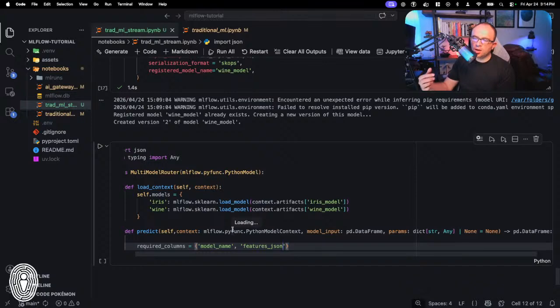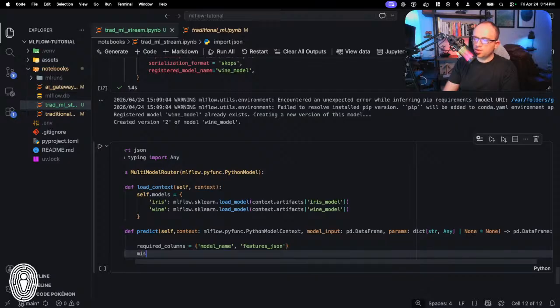It's not as if you run the wine model and then you run the iris model. It's that per the user's input with this model name here, that's going to designate which model we actually want to invoke here. So we're going to say missing equals required columns dot difference